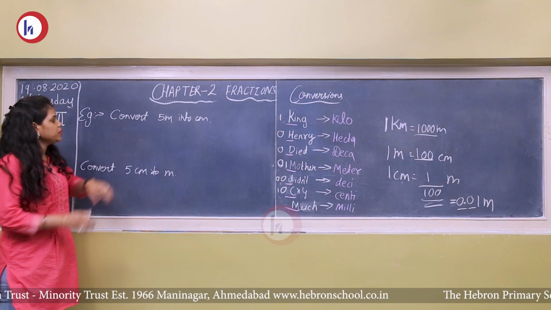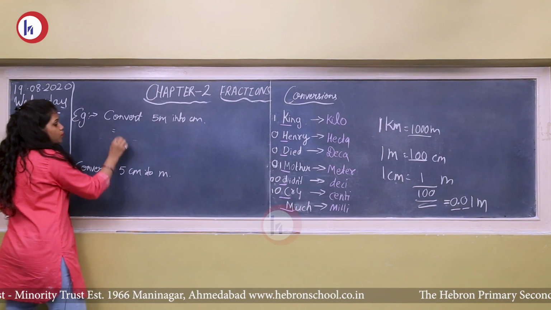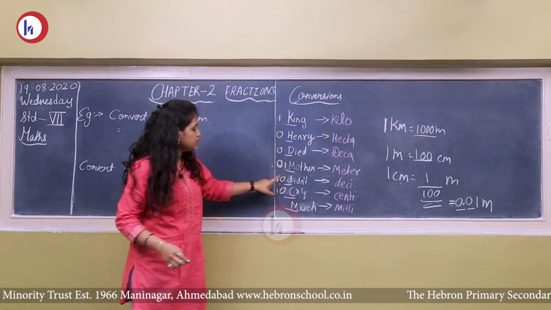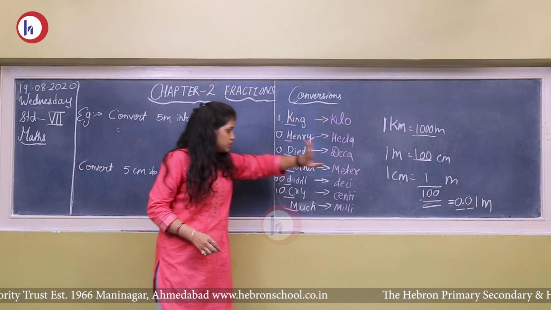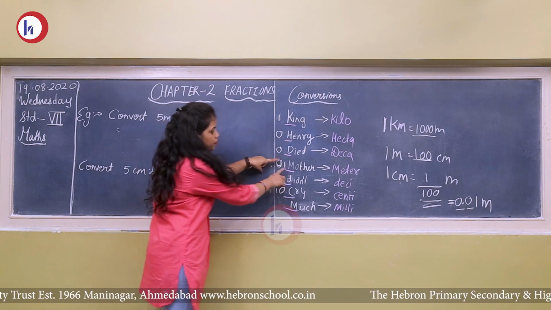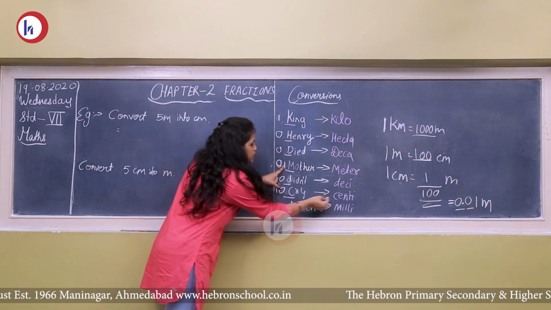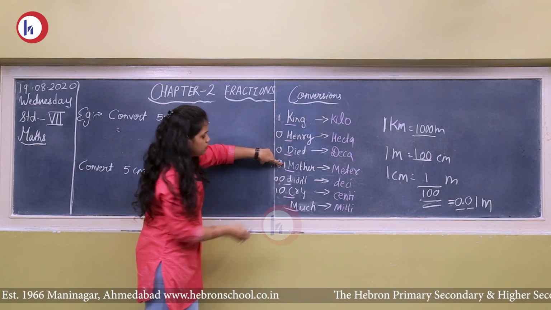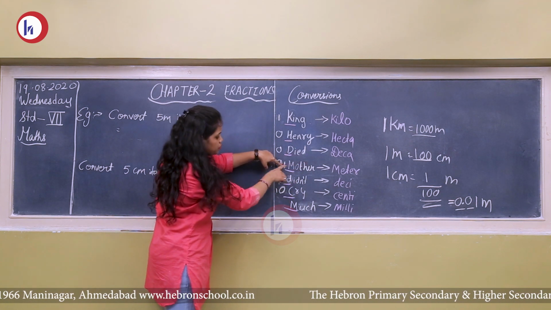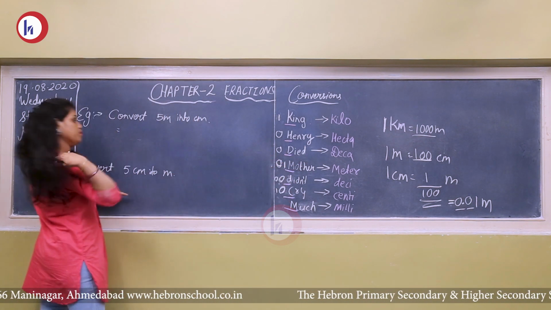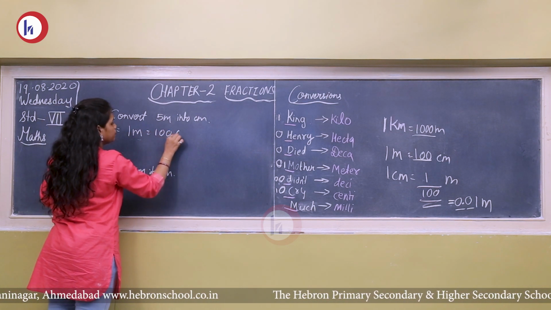Here I have taken one example, that is convert 5 meter into centimeters. So what we are going to do, from this we will find out that 1 meter is equals to how many centimeter. I have already found for you. 1 meter is equals to 100 centimeter. Again I will tell you. मीटर पे जाएंगे, वहां पर 1 रखेंगे. Where is your centimeter? Your centimeter is here. So from here meter 1 and 0 and 0. So 1 meter is going to be 100 centimeter. From this you can find out.